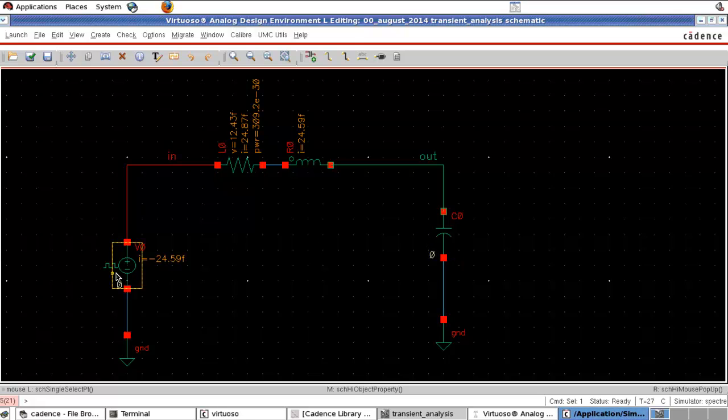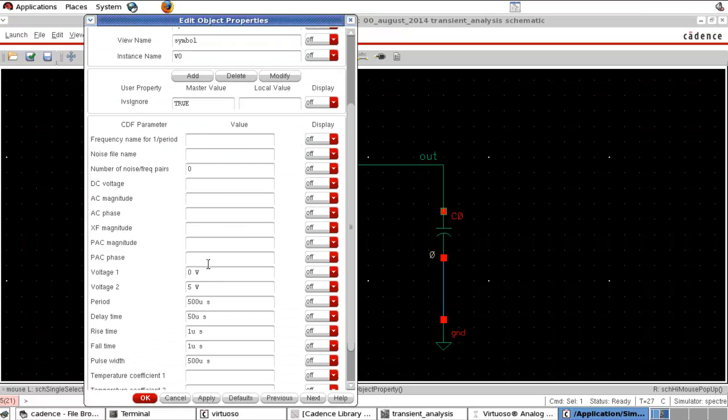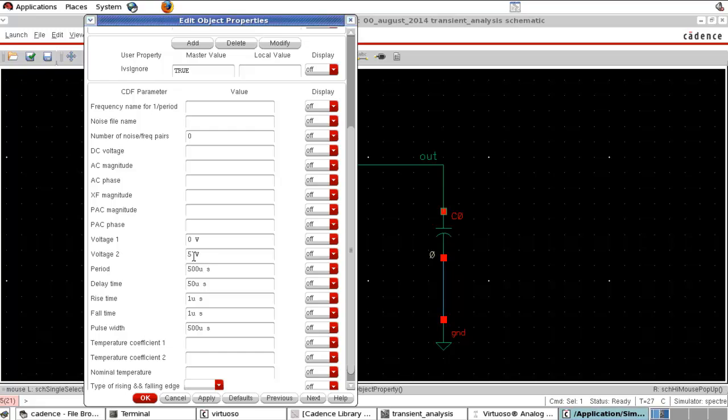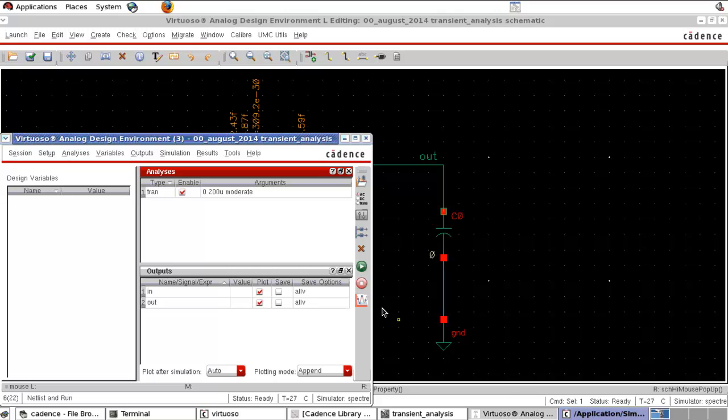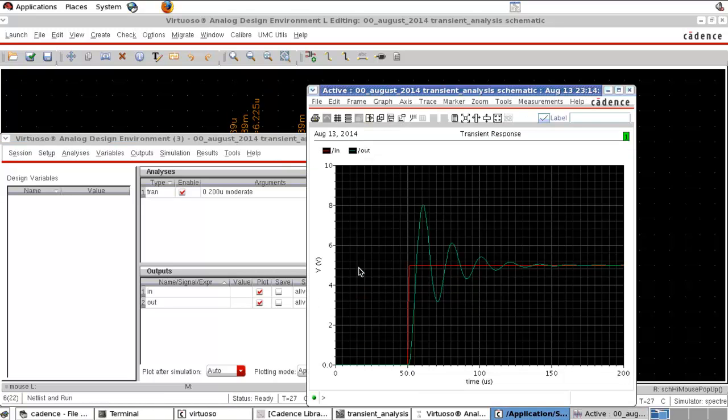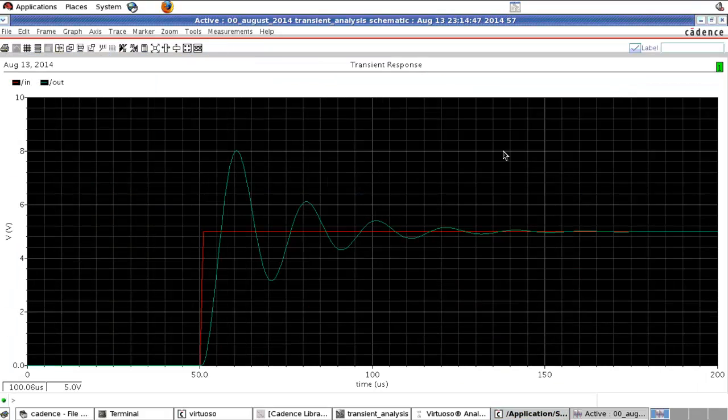And as input, I am using a step wave from 0 to 5, and let's plot it. It's a step response we are analyzing. So you can see the input is a red signal, and it is going from 0 to 5 volt very quickly. But because of the property of the inductor and capacitor, it is taking some time to settle to